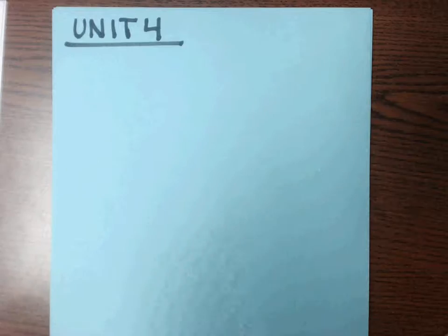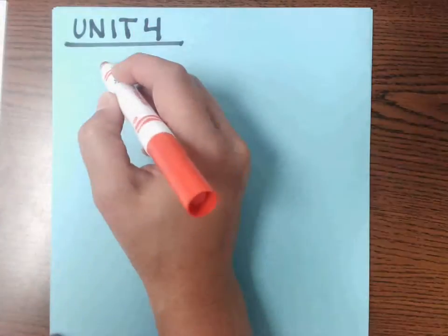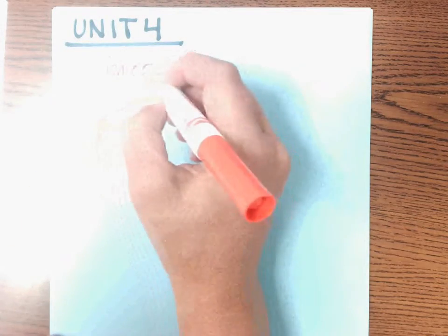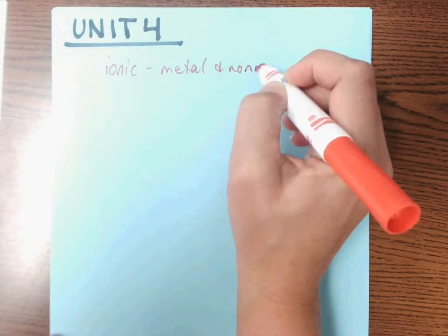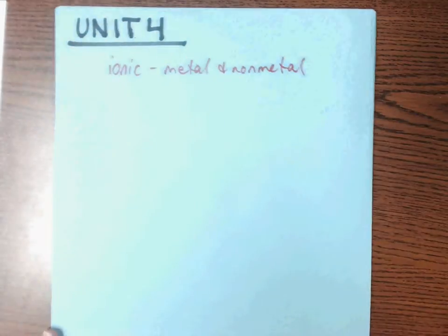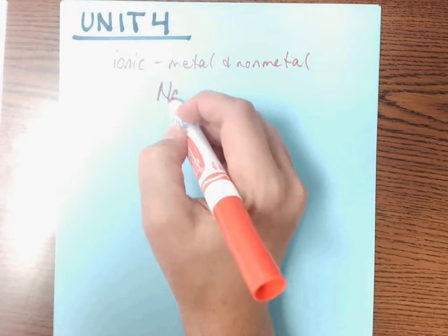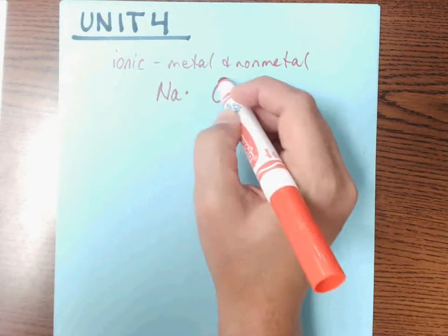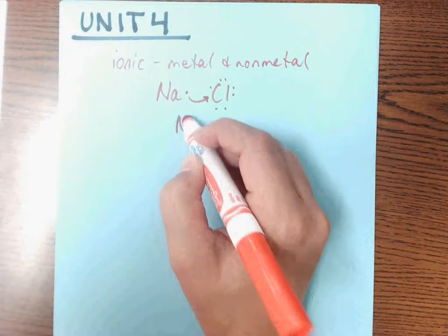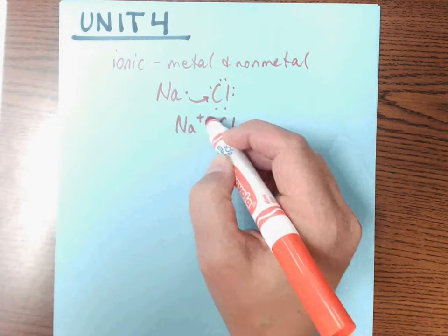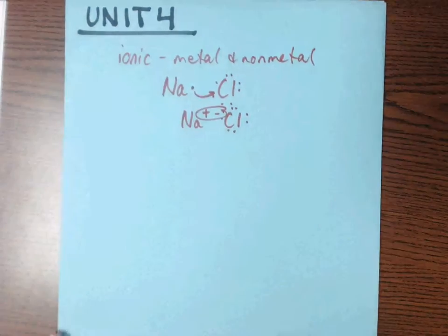So our last unit, Unit 4, talked about the difference between ionic and covalent bonding. Remember, with ionic, we're looking at a metal and a nonmetal, and they bond through the electrostatic attraction between oppositely charged ions. So your metal gives up an electron, forms a cation. Your nonmetal gains an electron, forms an anion, and this positive and negative attraction, that's what holds these compounds together